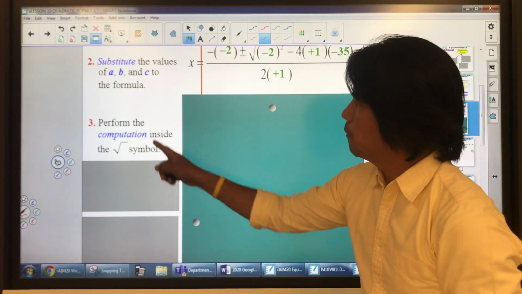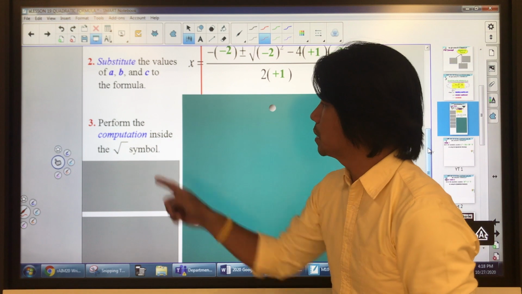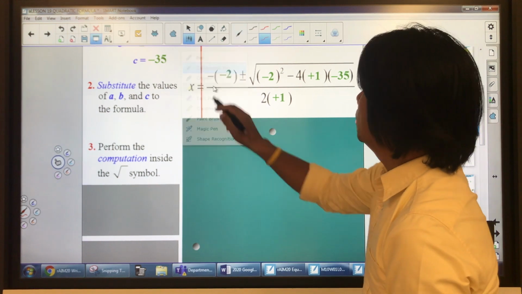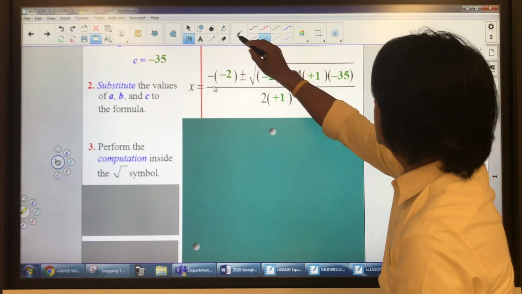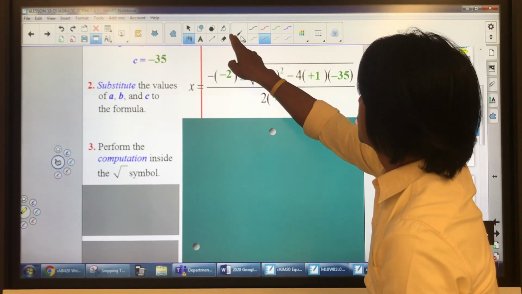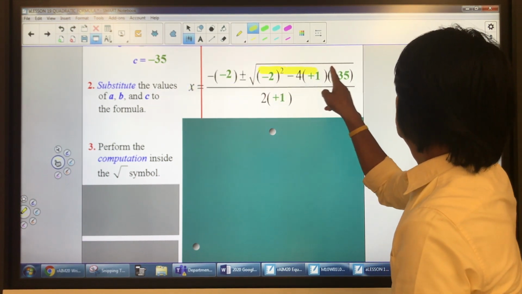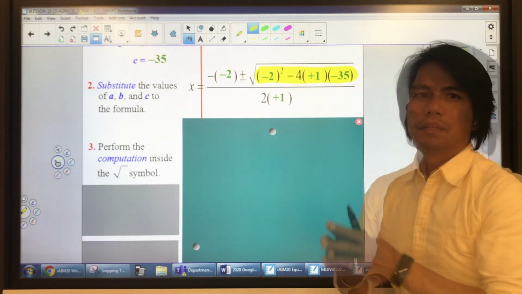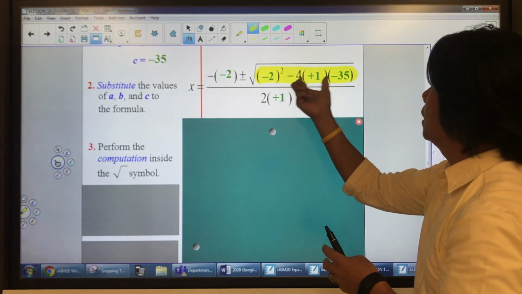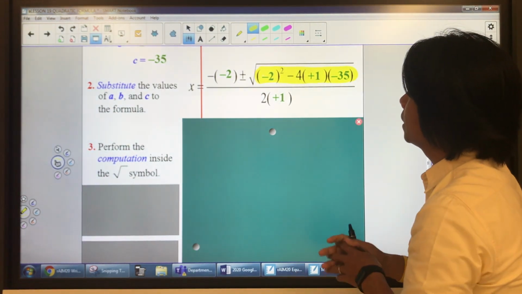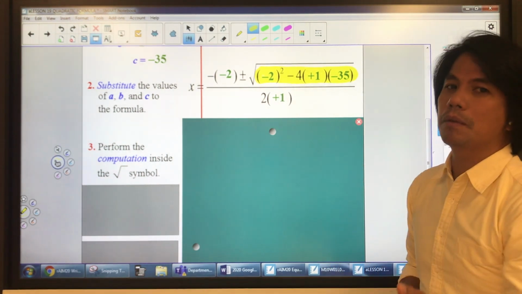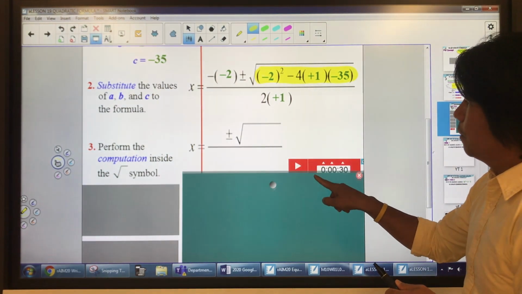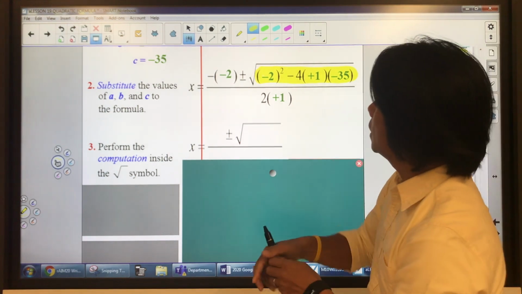Step 3 says, perform the computation inside the square root symbol. What is inside the square root symbol? Don't do everything yet. This is like your innermost. You have to do everything inside the radical symbol. So if you have a calculator, put them in the way you see it, including the parentheses if you have parentheses in your calculator. Alright? So, if we do that, that means here,